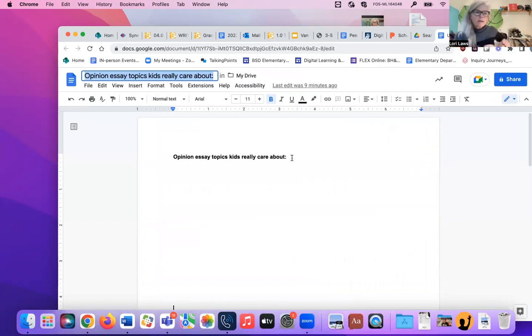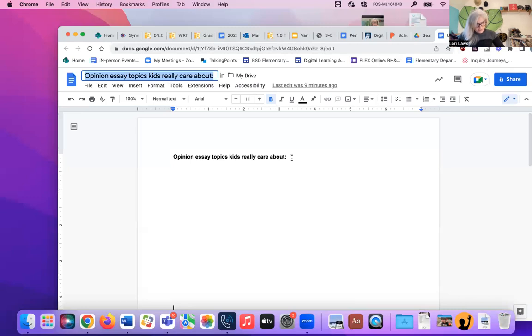Everybody right now, if you have one, grab your writer's notebook. Go and get your writer's notebook, get a piece of paper, open up the document that you have been doing some writing in. If you've been taking notes online, go to the back of it where we made those charts at the start of the year about ways to come up with narrative stories, how to generate or come up with narrative stories, and go to the next clean page in the back of your notebook for topics that are good topics for opinion-based essays, please.